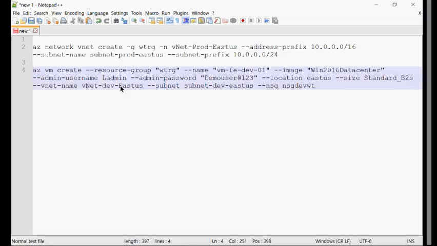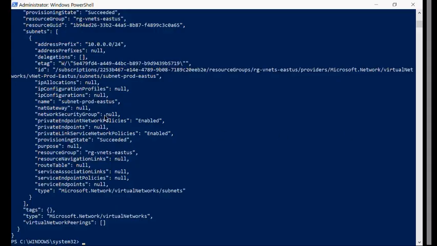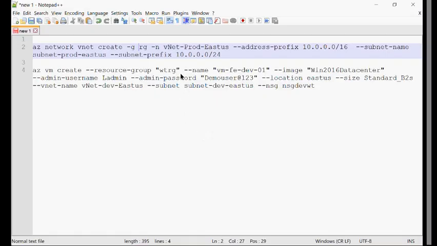So just modify these things here. My resource group is not this one, right? So what is the resource group we created here? We have created the resource group called this one, right? So I'll just go ahead and add it here,